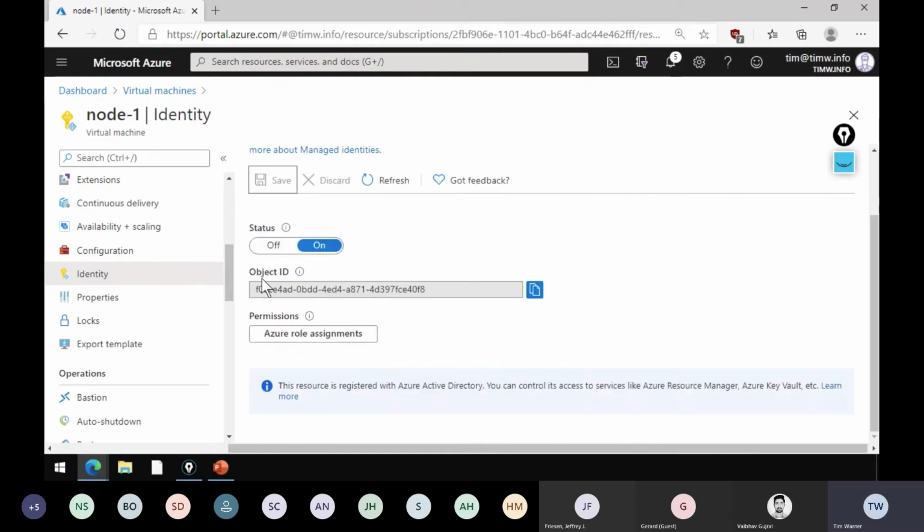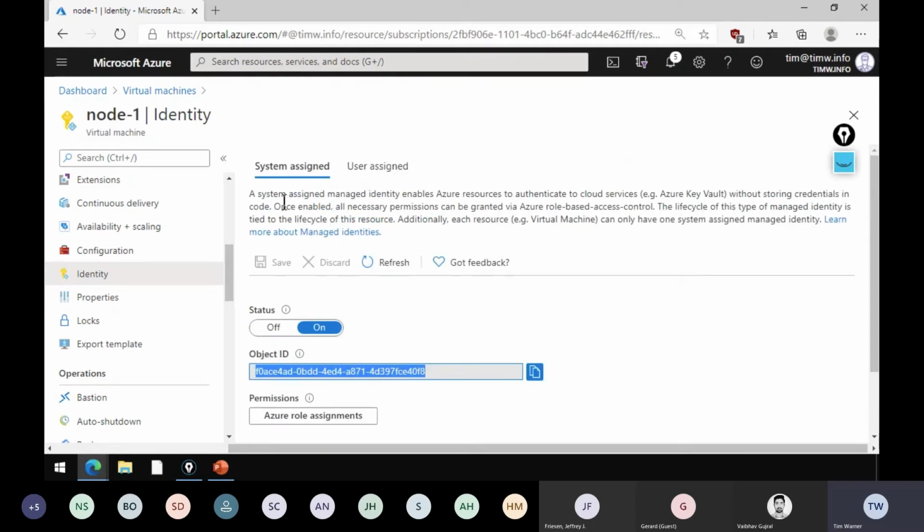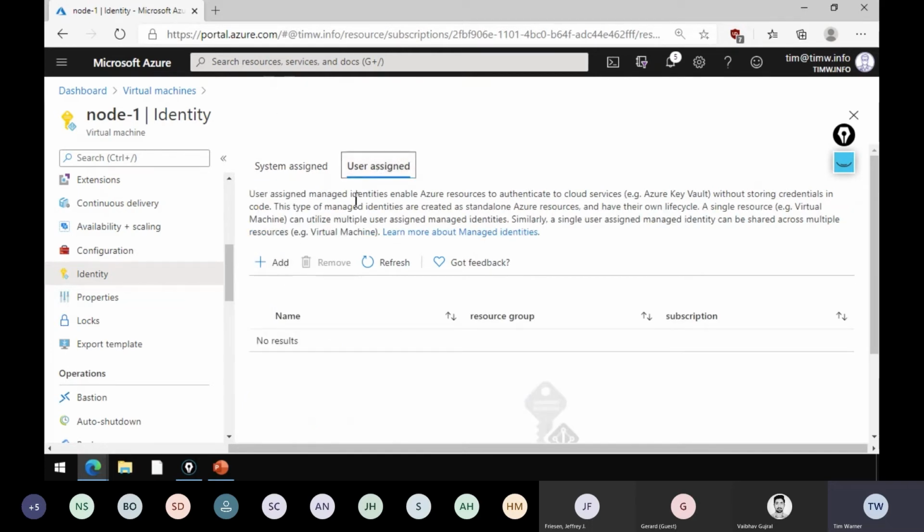So in a moment now, we've got an object ID, that's the globally unique identifier to reference this object. And there's a button to do permissions from here. The thing about the system assigned managed identity is that it lives with the resource. That is to say, if we delete this Node 1 virtual machine, Azure will automatically clean up and delete the system assigned managed identity. Now that's different from user assigned managed identities. You oftentimes can attach these to, like, if you're doing Azure policy and you need to do a remediation task, Azure policy needs a security context to do its work.